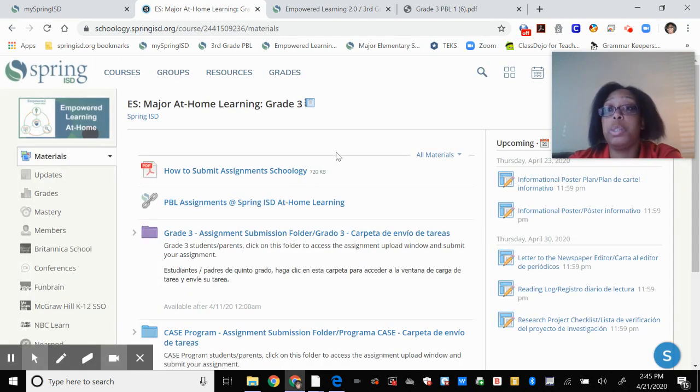Now, just a couple of things while we are here. Remember that we meet on Schoology in the conference room at 9 a.m. and 1 p.m. Monday through Thursday. And you can access the conference right here on the left-hand side. So you see the Empowered Learning at Home logo. If you scroll down here, you'll see under materials, you'll see conferences. If you click on conferences,